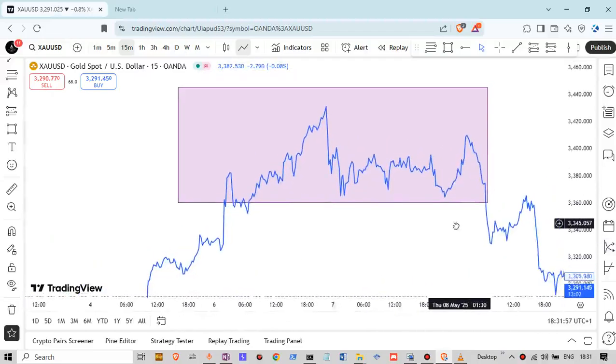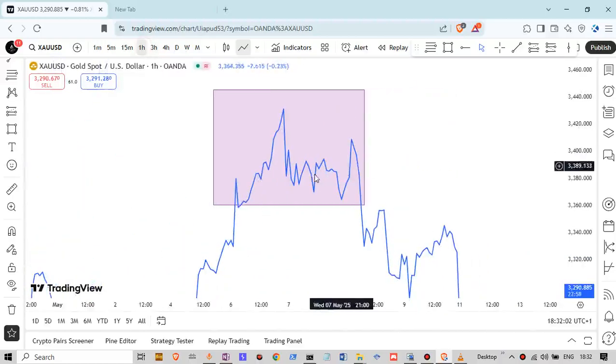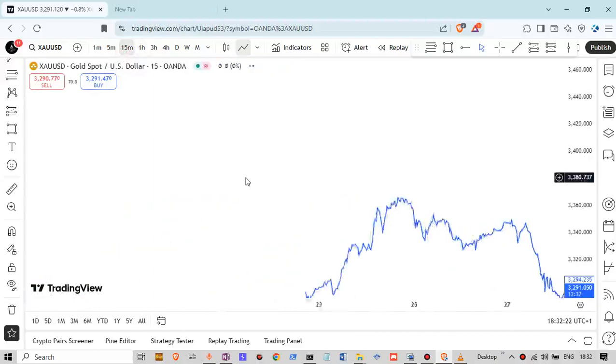Now, can you see that on the 1 hour time frame, it may have been very difficult for you to spot that? At this point in time, you may not want to wait until you get to where my mouse is around here. Where my mouse is pointing, if you're on the lower time frame, you can spot that reversal there. Let's check the 15-minute time frame and see what it looks like.